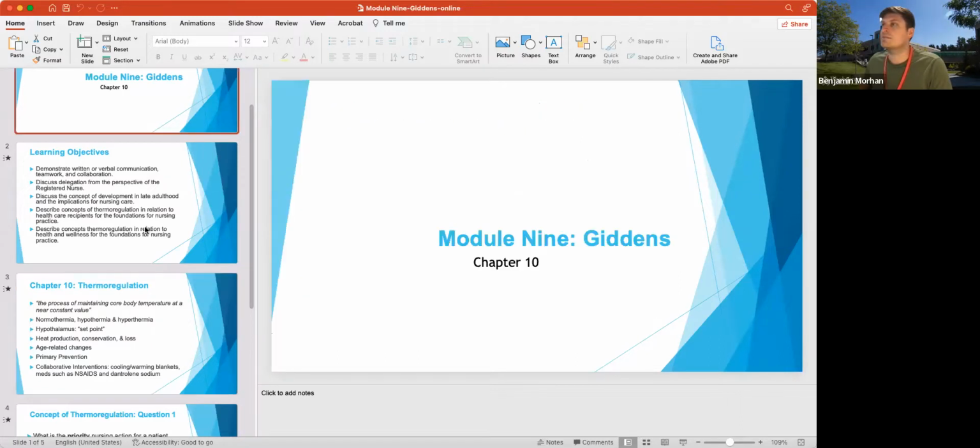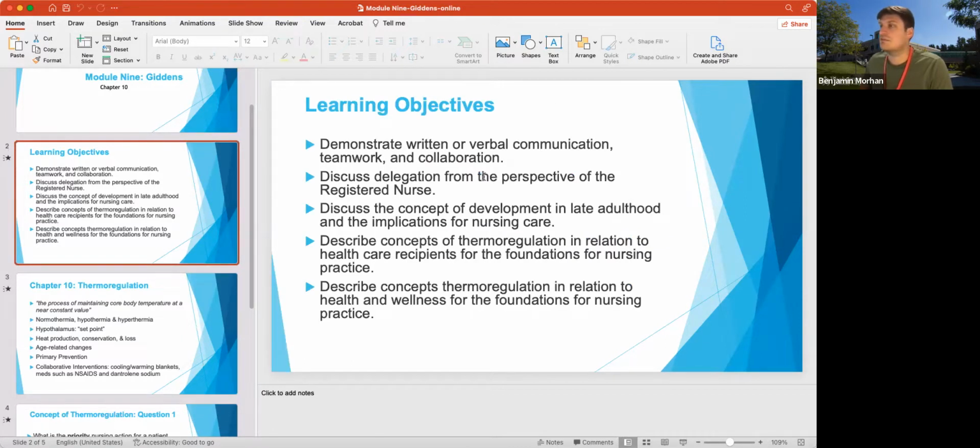Okay, so we'll be covering Giddens, chapter 10. Here are the learning objectives, so be familiar with all of these learning objectives. And also, as you're studying, make sure you cover all of these learning objectives as well. So make sure you're studying, demonstrate written, verbal communication, teamwork and collaboration, delegation,